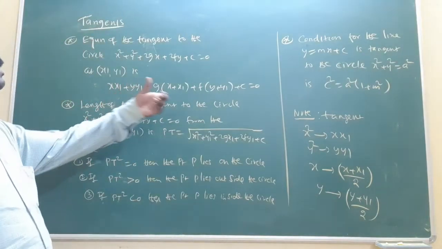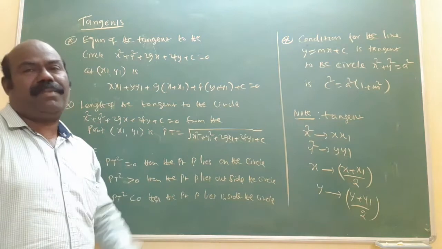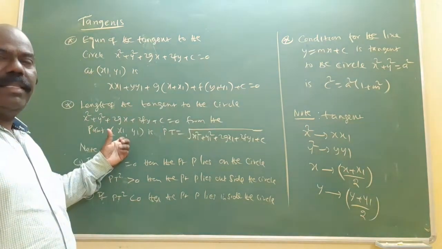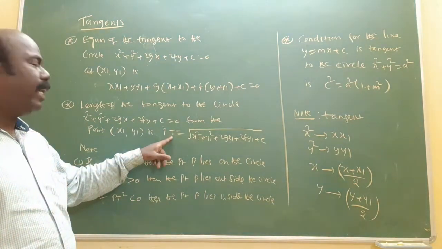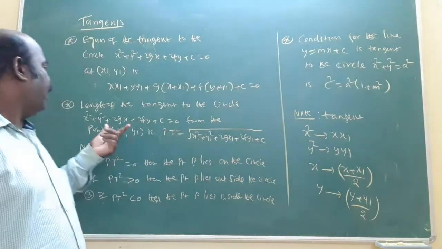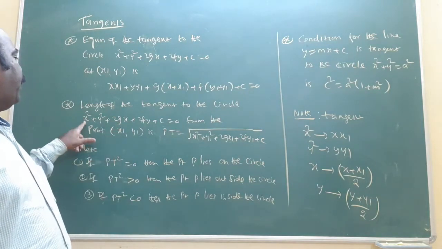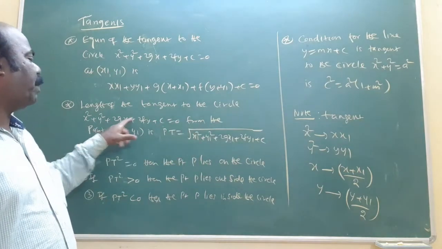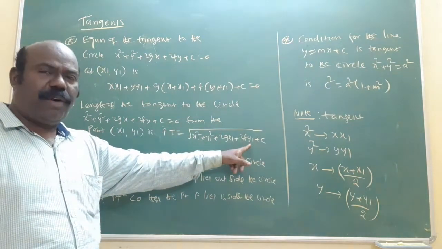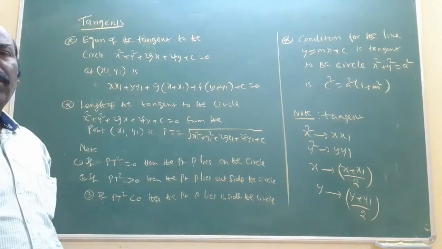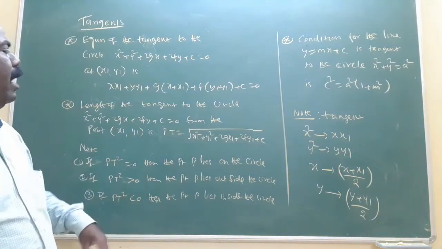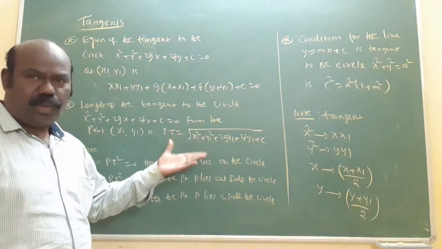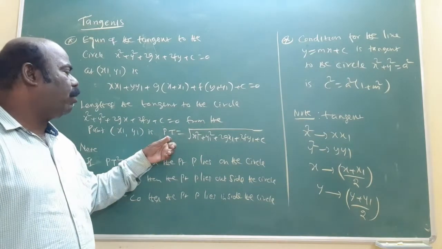Next one, length of the tangent. Length of the tangent to the circle from the point P, with T the point of tangency. PT equal to square root of, in the circle equation, substitute the point. You replace x by x1, x1 square, y by y1, y1 square, 2gx becomes 2g x1, 2fy1 plus. Inside the square root, just substitute the point, that's all. Now PT is the root of something. PT square without the square root: I am going to square both sides. PT square equal to the expression without the square root.